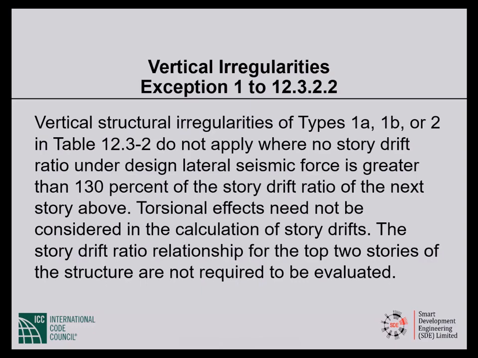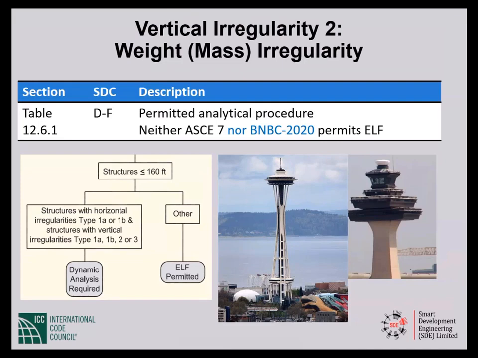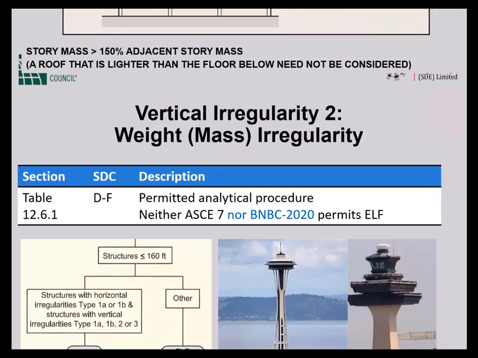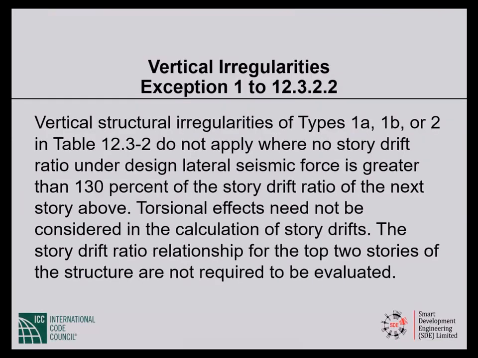Vertical structural irregularities of types 1A, 1B, or 2: soft story, extreme soft story, or the last one we looked at, the mass or weight irregularity, do not apply, so you don't have to worry about them, where no story drift ratio under design lateral seismic force is greater than 130% of the